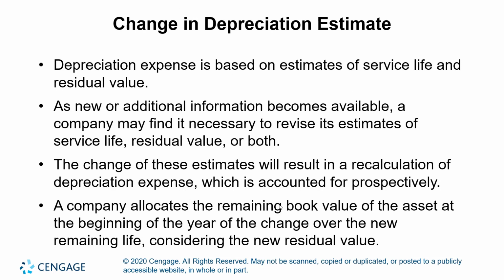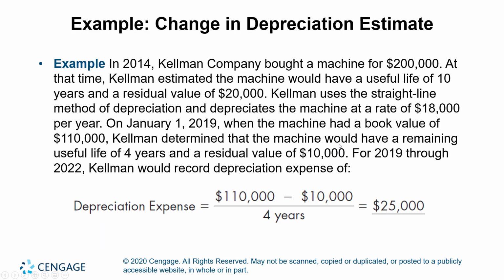So let's go over an example. In 2014, Kelman Company bought a machine for $200,000. At that time, Kelman estimated the machine would have a useful life of 10 years and a residual value of $20,000. Kelman uses straight line and depreciates its machine at a rate of $18,000 per year. On January 1st, 2019, 5 years later, the machine had a book value of $110,000. Kelman determined that the remaining useful life is 4 years and residual value is 10. So from 2019 forward, it would record depreciation as 110 minus 10 divided by 4, or 25,000 per year